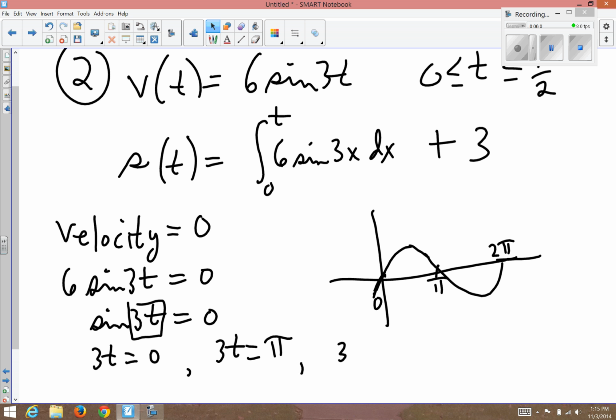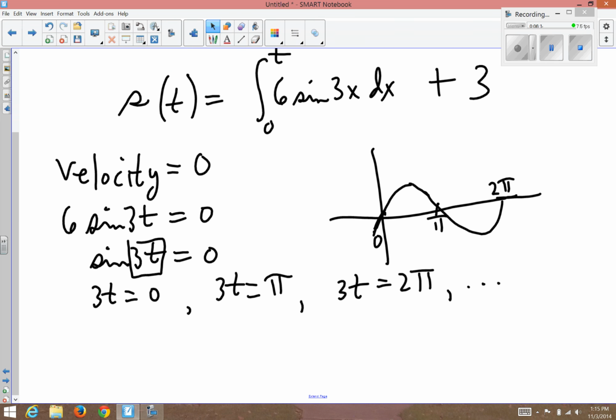Or 3t could equal 2 pi, because if 3t were equal to 2 pi, this would say sine 2 pi equals 0, which is true. If I solve all of these, 3t equals 0, t equals 0, 3t equals pi, t equals pi over 3, 3t equals 2 pi, t equals 2 pi over 3,